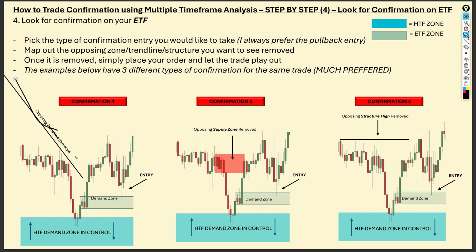We had a downward trend line coming in here. I don't have it here, but this is the same example, just 3 different types of confirmation. We had our downward trend line removed, we had our supply removed, and we even had an obvious structure high removed as well. So this was like a big 3. This was a triple whammy, guys, okay? So this is a big 3 confirmation, and then once it's removed, literally all we do is take our